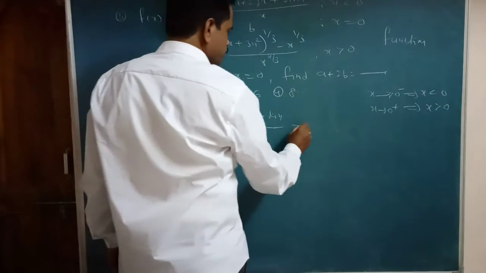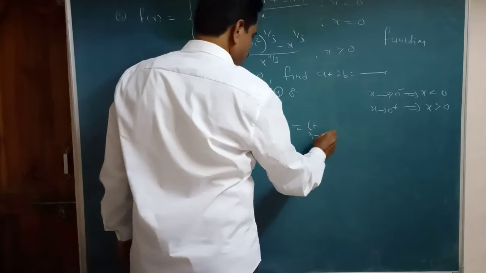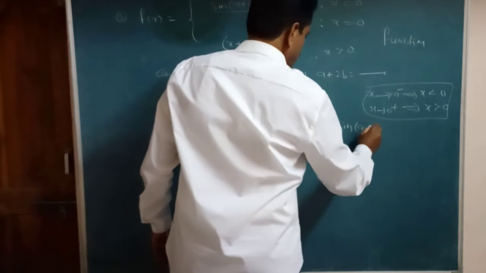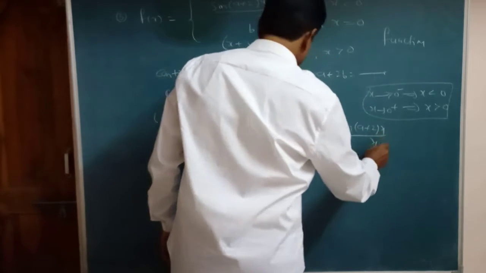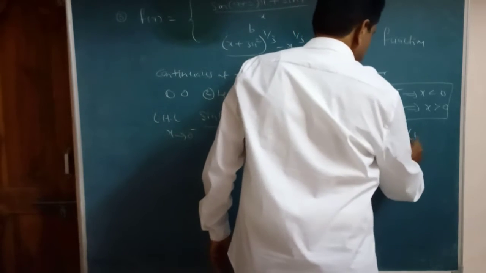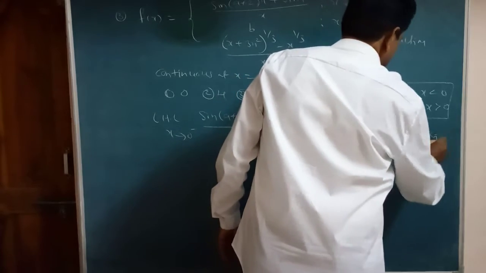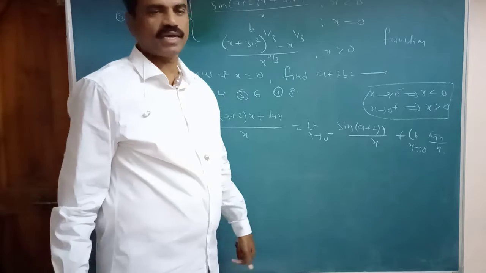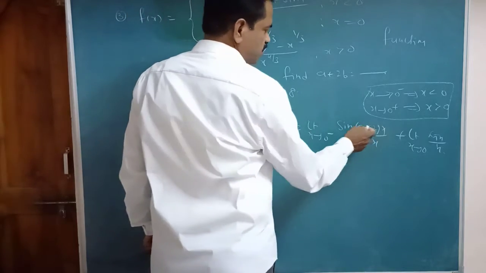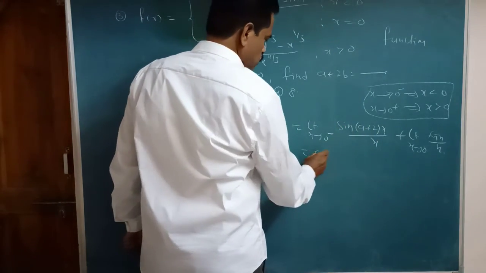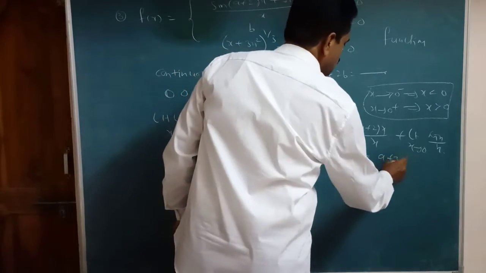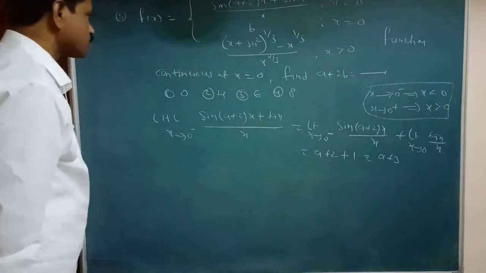So that is equal to limit x tends to 0 minus. Here, limit x tends to 0 minus. Separate: sin of (a plus 2) into x by x, next plus limit x tends to 0 of sin x by x. We know that sin kx by x is how much here? k. So in place of k, the coefficient of x, is a plus 2. And sin x by x is 1. So that is a plus 2. This is LHL.